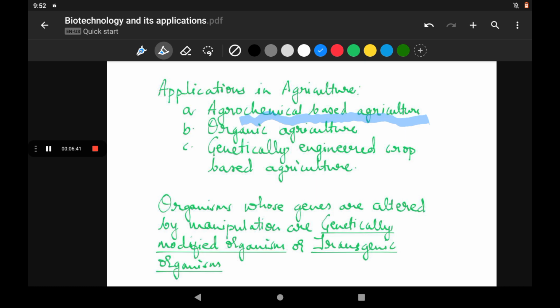So the genetically modified organism can be defined as organisms whose genes are altered by manipulation, especially during recombinant DNA technology. So that is how we obtain genetically modified organisms or transgenic organisms. I was going through a question in one of our NEET books wherein they had asked, so organisms which